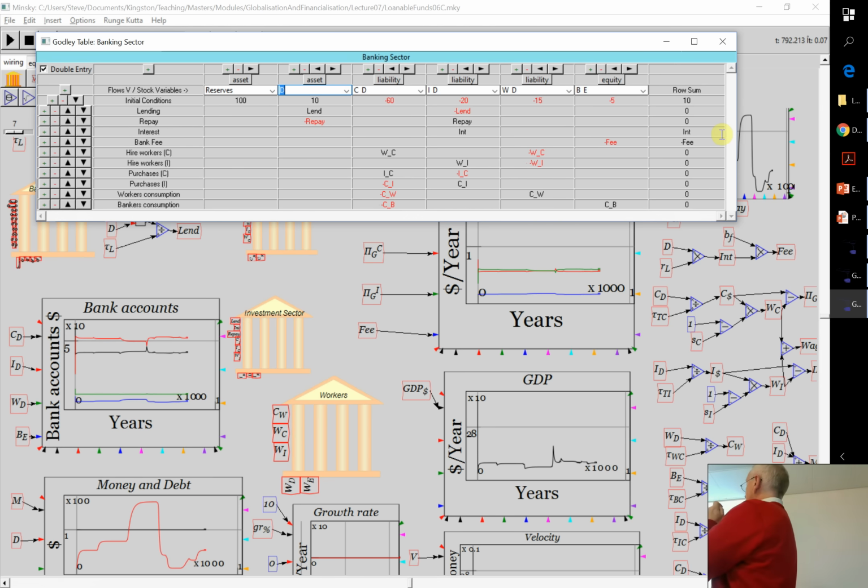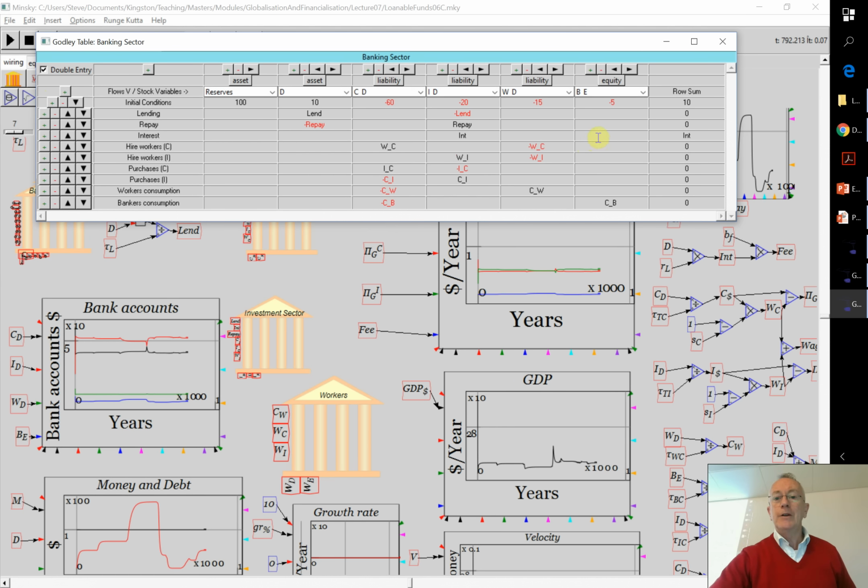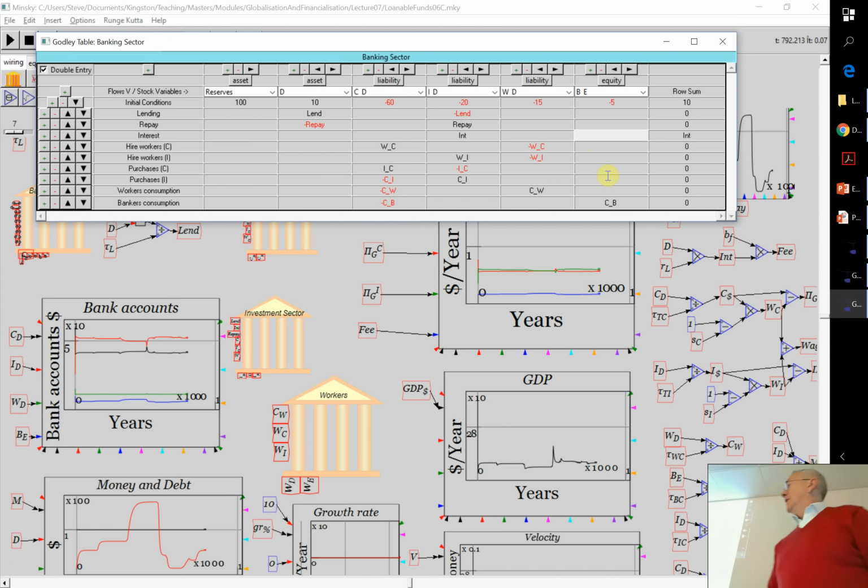So I've got still the payment of interest being defined by the investment sector, but not where it's going to, because I've deleted that entry for the asset of the consumer sector. And we've got the fee. Well, let's get rid of the bank fee, because that's a little neoclassical fiction. Yes, banks charge fees, but they're mainly in the game of creating money. So I delete that column. And now to make it balanced, I have to simply say, well, the interest is actually paid not to the investment sector, but to the bank. So I type INT here, minus INT. That's now correct. And of course, the bank equity includes the loan. So it's got 15, not 5. So that's consistent.